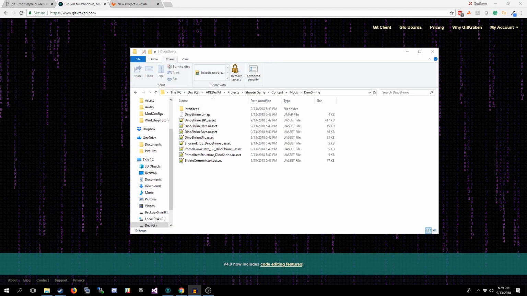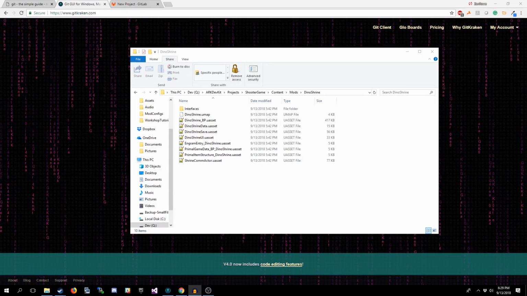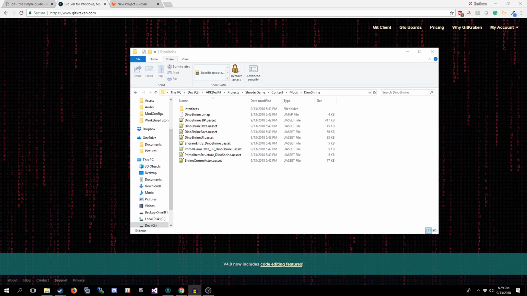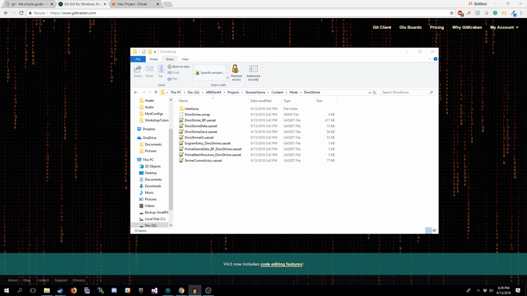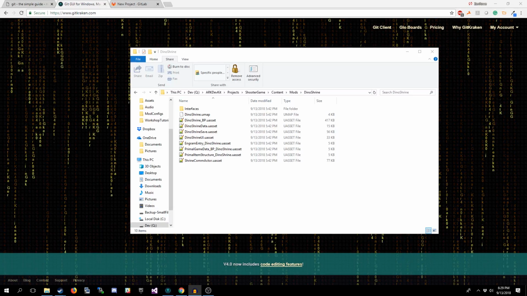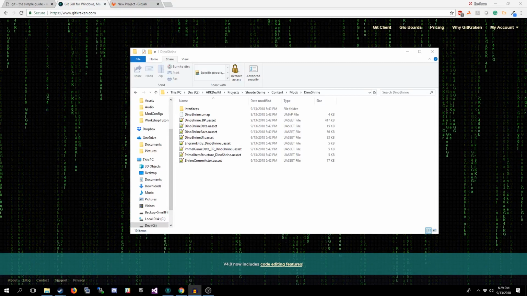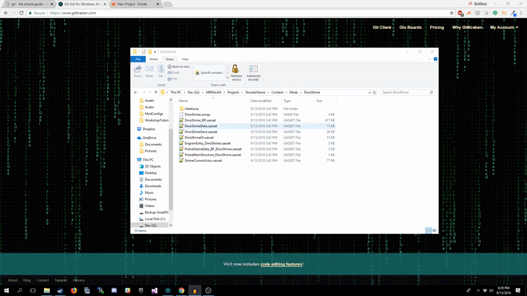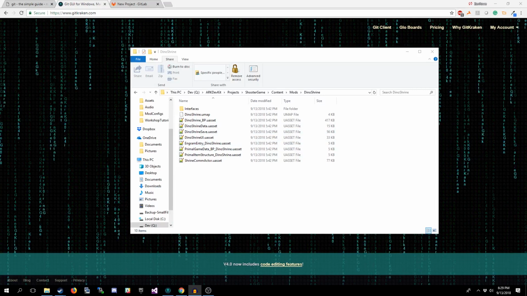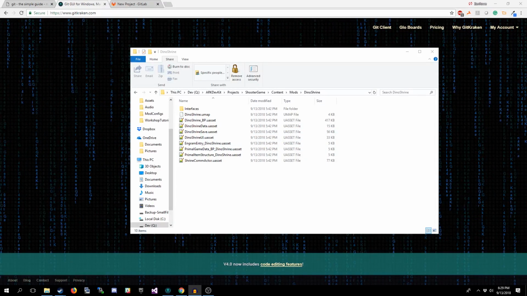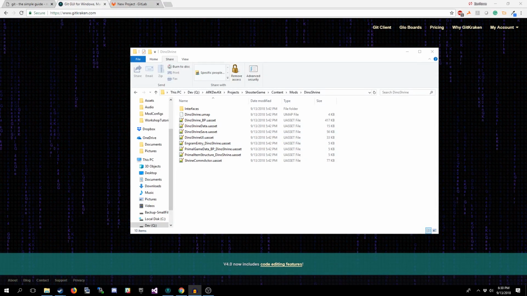So here we are. And if you remember, we've been working on this DinoShrine mod for a while now. But something that I have failed to do is put it under version control. Shame on me. Seriously, shame on me. It's a very bad idea to not be working under some kind of version control, whether it is file backups or otherwise. So we're going to fix that today.